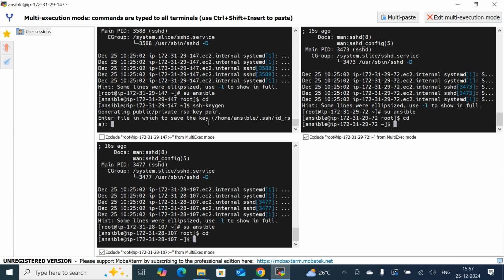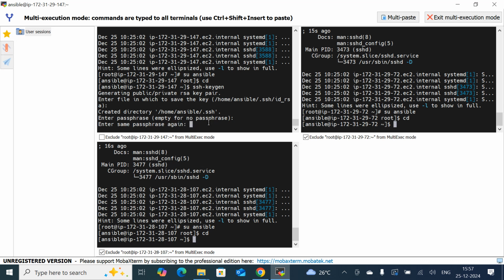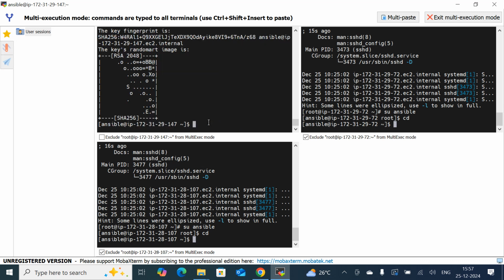Okay, it is asking you to enter that. Press enter without entering anything. Enter, enter, enter. Successfully, the keys have been created. If you want to check whether the keys have been created or not, go to the directory cd